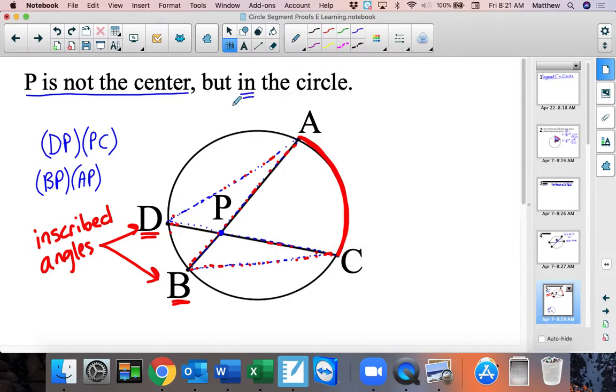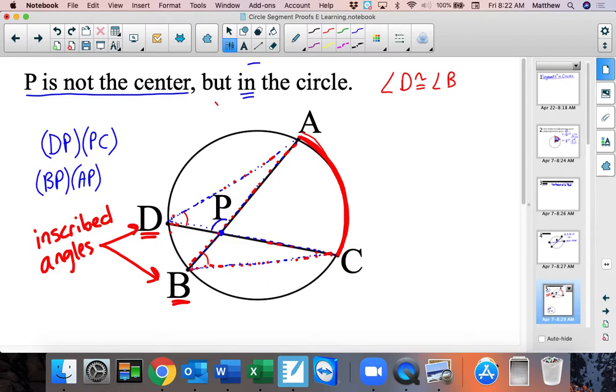So I'm just going to make a little mark here and here to show that angle D is congruent to angle B, because they're both inscribed angles and they both create this arc. Now, you might ask yourself, what are some other angles that show up in both? Well,